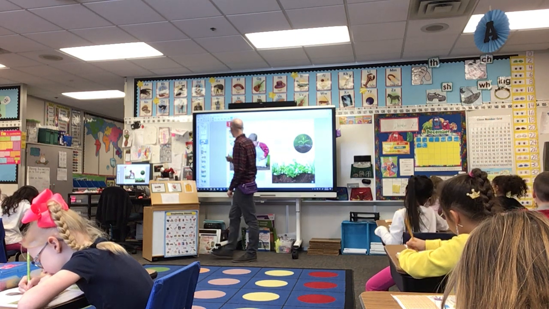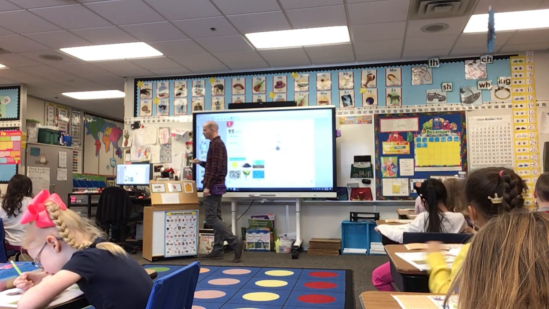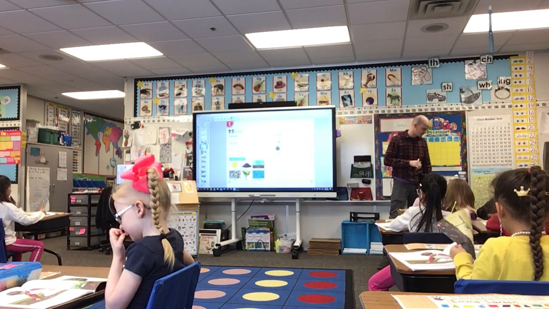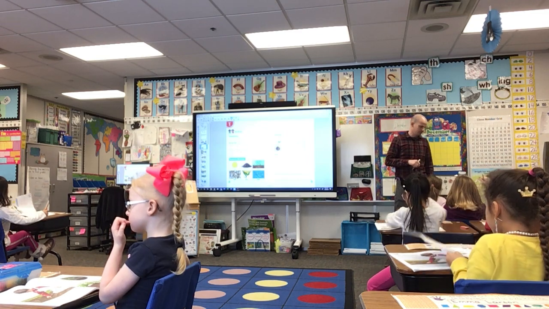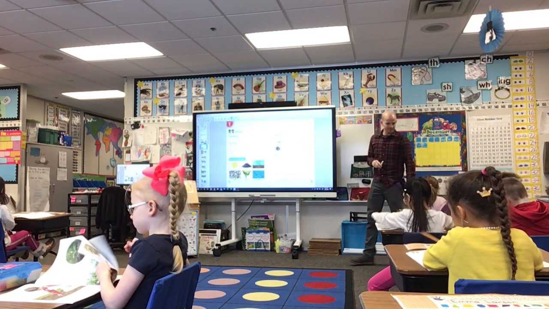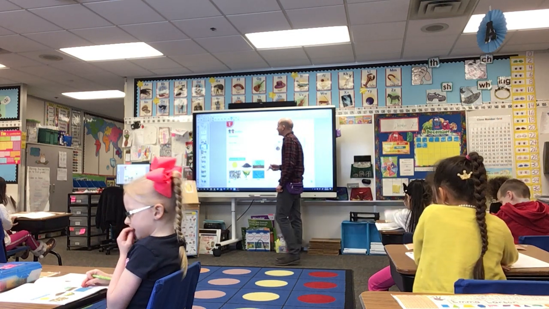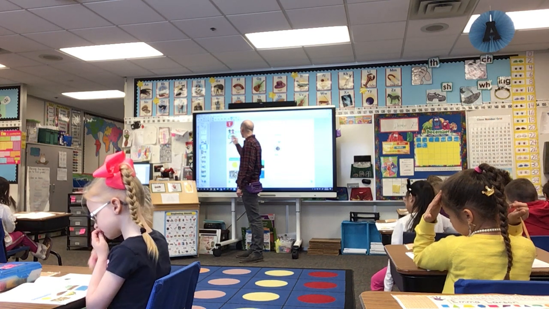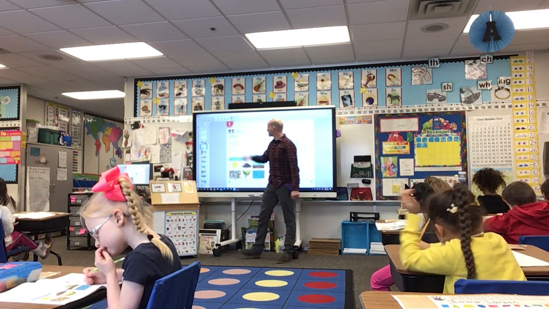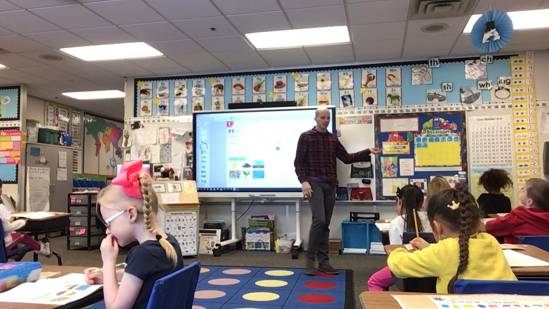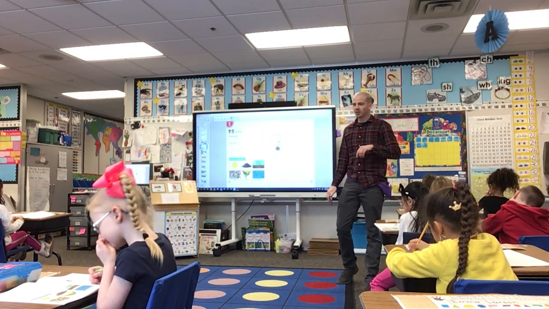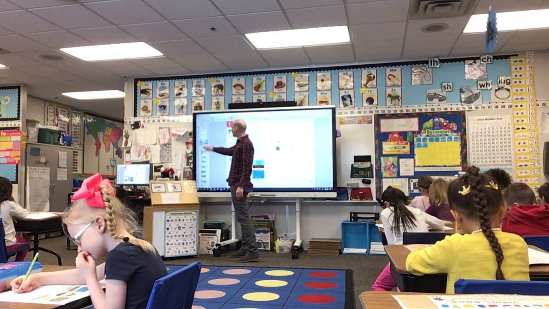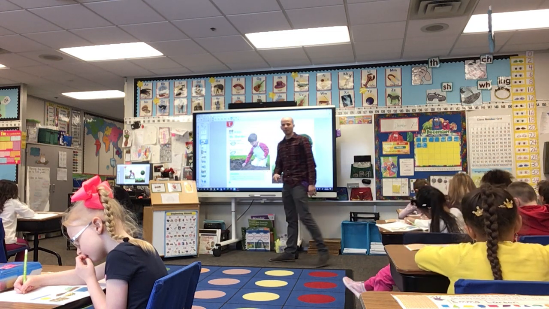Now that we've annotated our text, boys and girls, let's apply it to the next page. So please turn your books to page 26. Now, boys and girls, it says summary right here. And what it's asking us is it says seeds need blank. So what do you think we're going to need to write in our blank spot? Seeds need blank. So what did we underline in our passage?